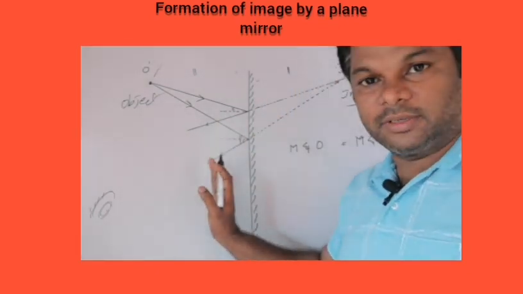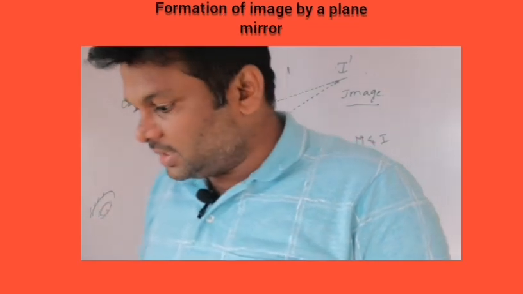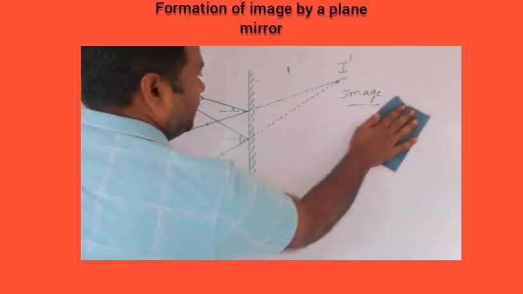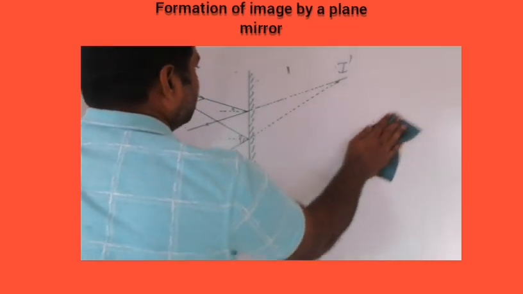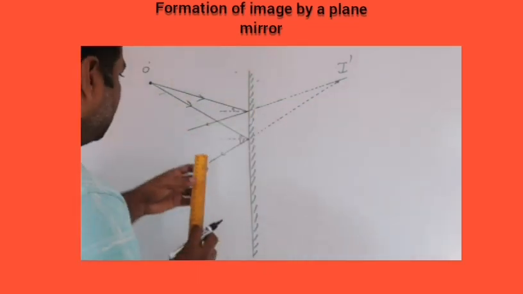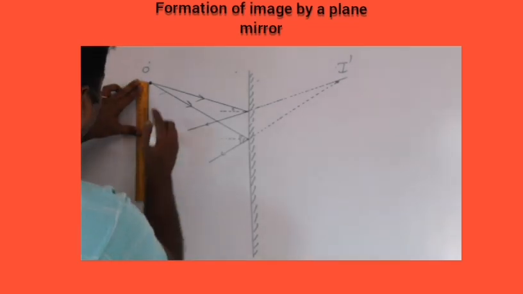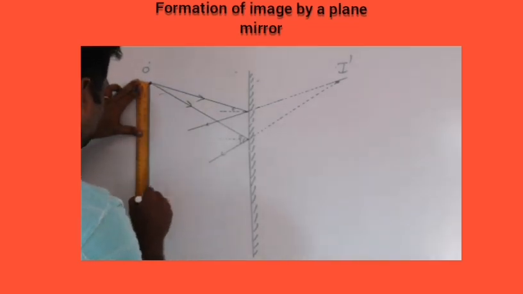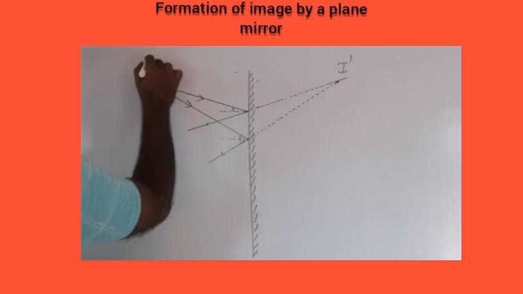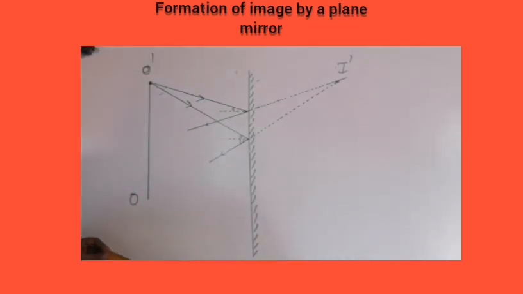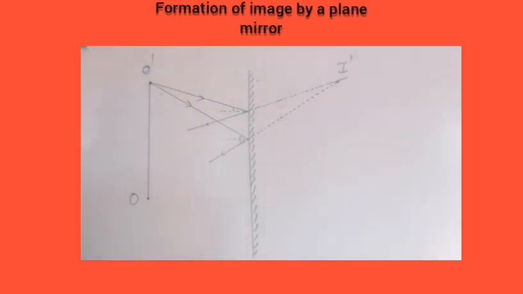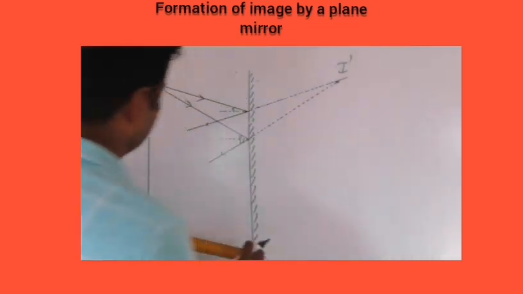Now I will continue this picture for an object which is somewhat tall. Observe here, this picture is over, so I am not going to edit this, I am going to just edit this one. So now I will choose an object which is at a certain height, and this is my object now, O, this is O prime. Now, can I get the image, this whole image of this long object? Sure, definitely sure. How?